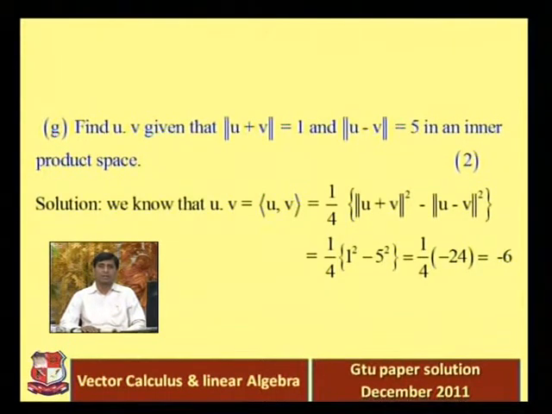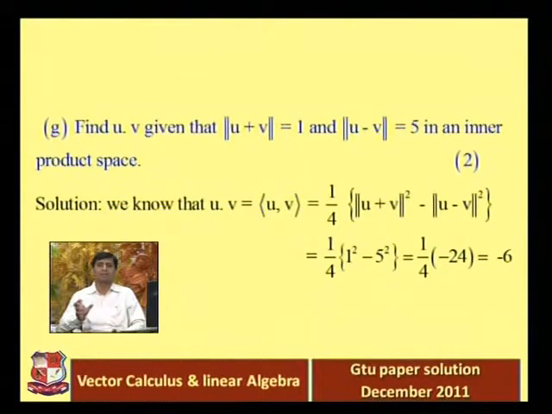Now we know that there is one theorem that is already with proof in the book, but here I just recall the statement of that theorem. This is not a theorem, but one simple result, that u dot v, that is equal to inner product uv, if you are taking the Euclidean inner product, that is exactly u dot v. So u dot v is equal to inner product uv, that is equal to norm u plus v square minus norm u minus v square, whole divided by 4.